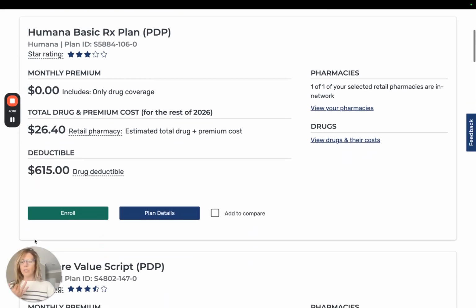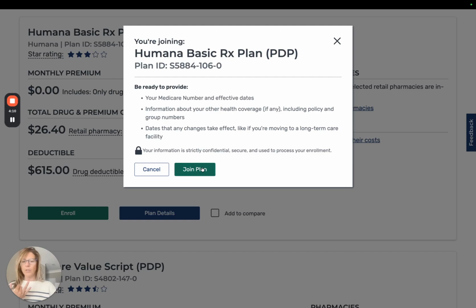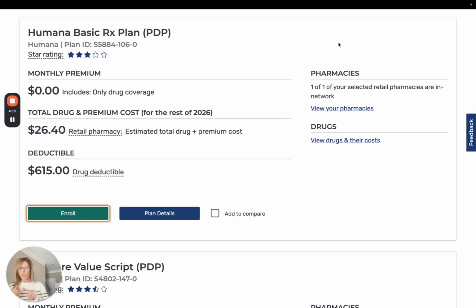You are going to just click Enroll, and then you're going to say Join Plan, which I'll show you. If you're just turning 65, I want you to put New to Medicare as the reason that you can apply, unless it's open enrollment, obviously you would put open enrollment. However, if you're retiring and you are already on Medicare, or you were already 65 and you're older than 65